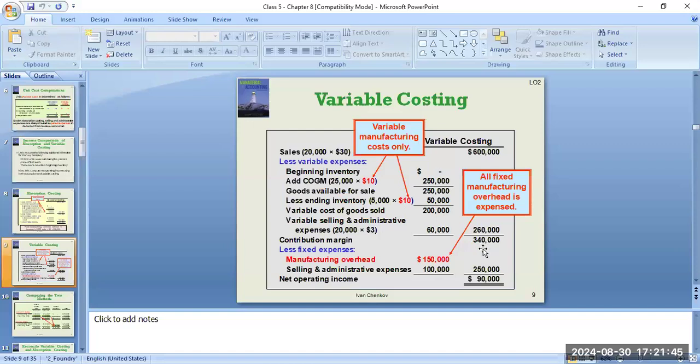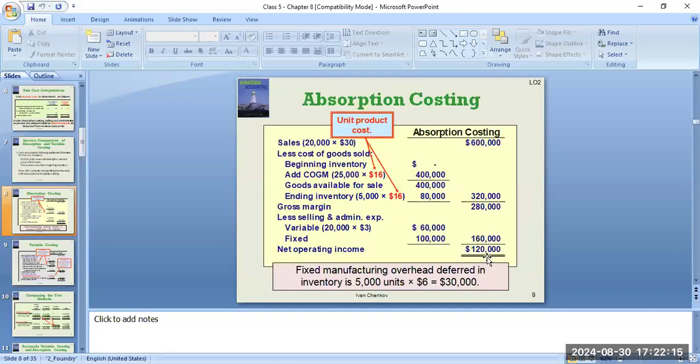After that, we have a contribution margin of $340,000. Once we deduct the fixed expenses, as you can see, in this case we're treating the fixed manufacturing overhead as a period cost, so we're expensing everything, including the administrative expenses, and we get an operating income of $90,000,